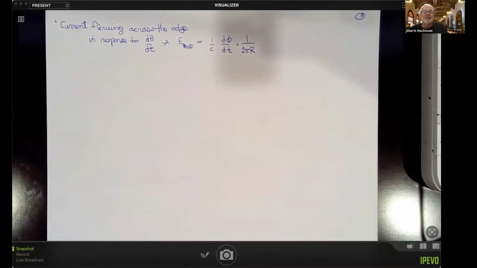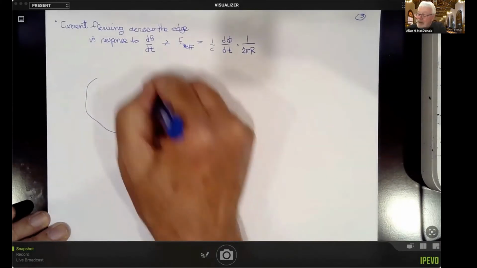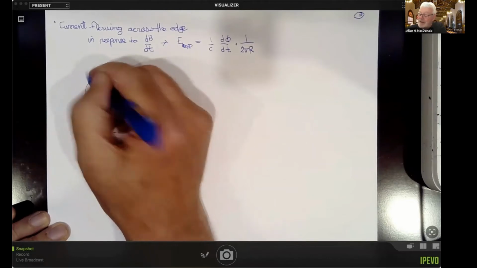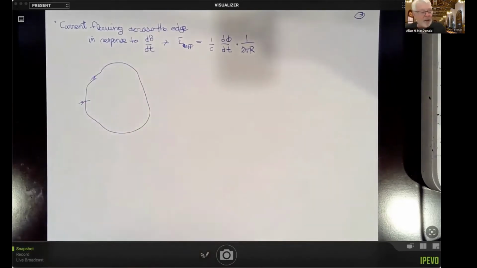And let me just, for convenience, assume that it's a circle. And so what happens in this case, in this type of argument,